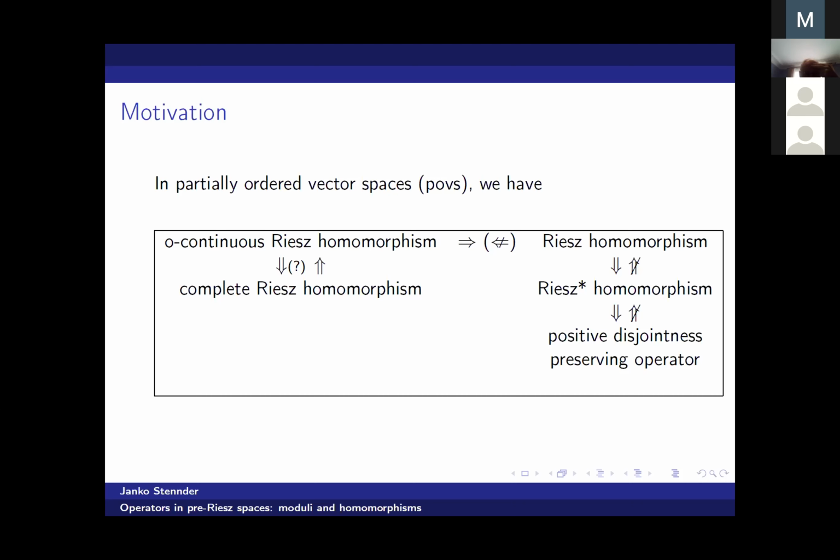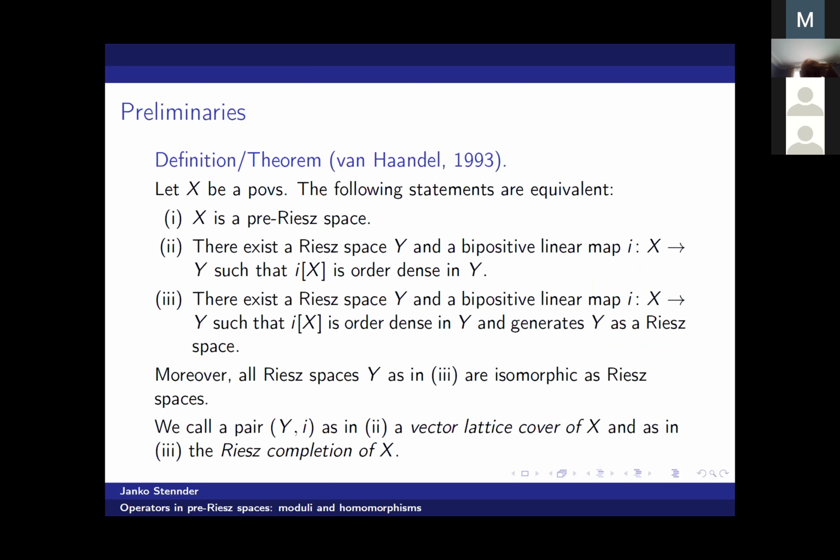So let's now begin with some definitions. We begin with the definition of a pre-Riesz space. Those are just the partially ordered vector spaces which can be order densely embedded in some Riesz space. So I have some Riesz space Y and a positive linear map, such that the image of X, my partially ordered vector space, under this map is order dense in Y,